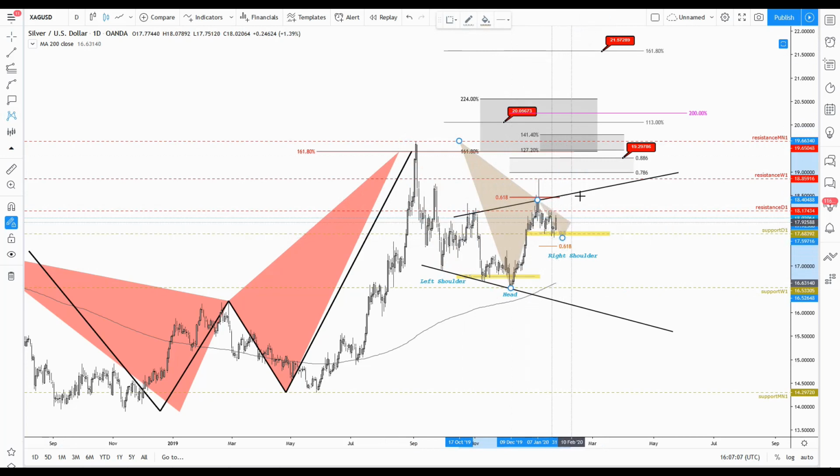So the 88% Fib actually, and because we have the golden Fibonacci there as resistance, I will not ignore